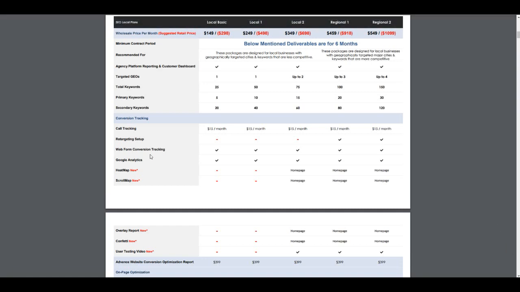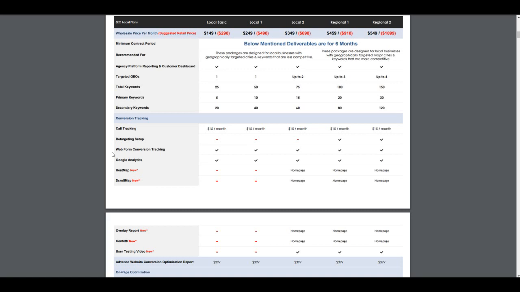Web form conversion tracking. You'll have to jump into a demo account and look at how advanced our web form tracking is. Web form tracking is tracked with our dashboard. It's setting up custom web forms on the website, like their Contact Us form or other forms. And then we can track how many leads come through there, the form submission, all kinds of analytics, where they come from to land on that page, etc.